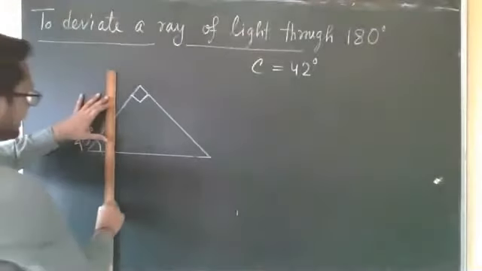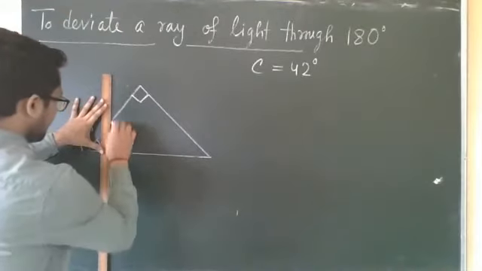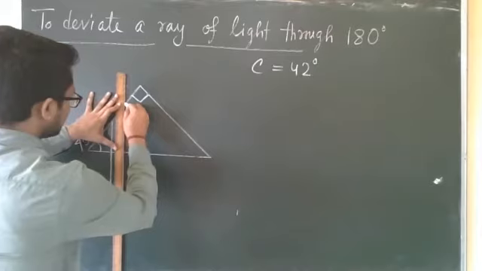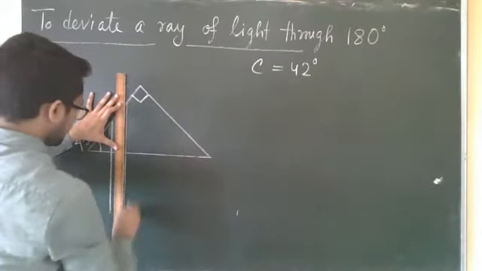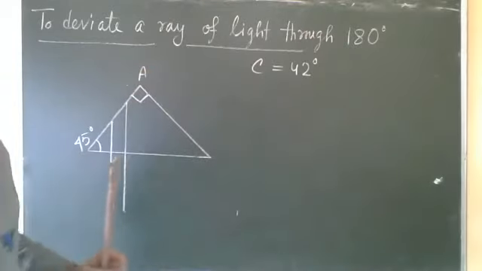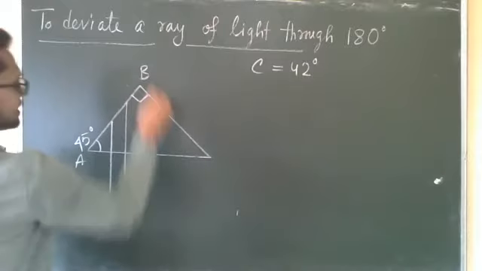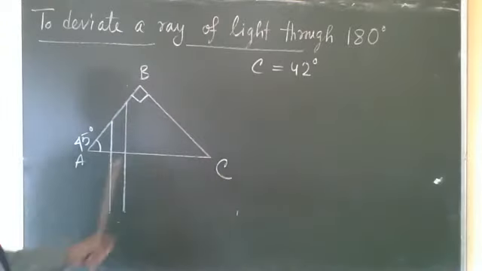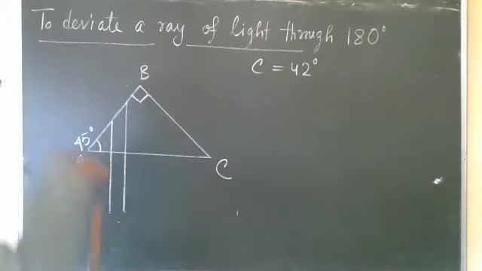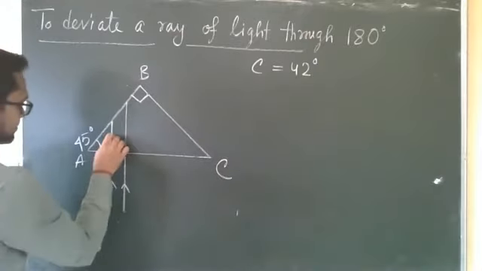So here light will enter through the hypotenuse. There is perpendicular incidence at the hypotenuse; give it the name AC, with vertices A, B, C. So through AC light is incident along the normal, so without any deviation it will enter into the prism along the normal.